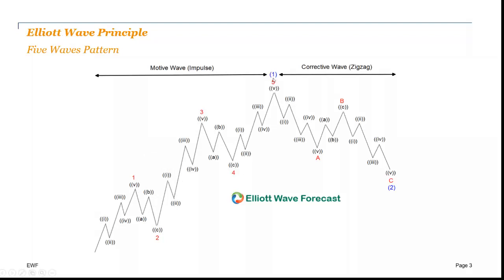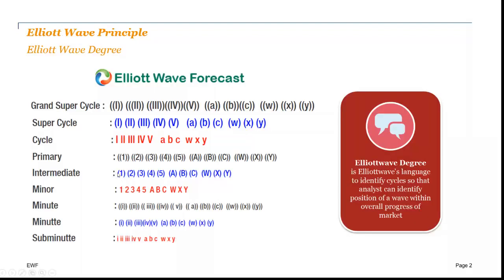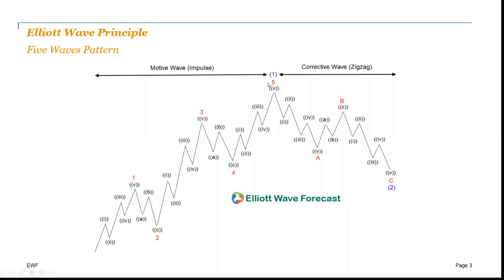Remember, the rule is wave 1 always subdivides in 5 waves. Right? That's why wave 1 in blue, which is the intermediate degree, like Ewa said, subdivides into 5 waves in a minor degree. And each wave 1, 3, and 5 in the minor degree also subdivides into 5 waves of a minute degree. Okay, guys? So then you got this wave 2 in blue, which also subdivides into,